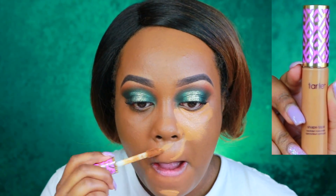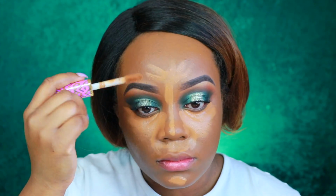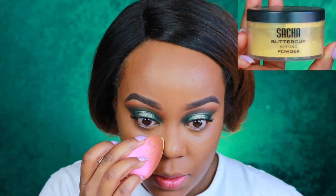But now I'm using my Tarte Shape Tape Concealer in the shade Deep, and I'm going to highlight underneath of my eye. I am doing excessive highlighting. You, of course, do not have to do anything like this, but underneath my eyes, chin, Cupid's bow, down the bridge of my nose, and the center of the forehead, and then I blend that out with my beauty blender,